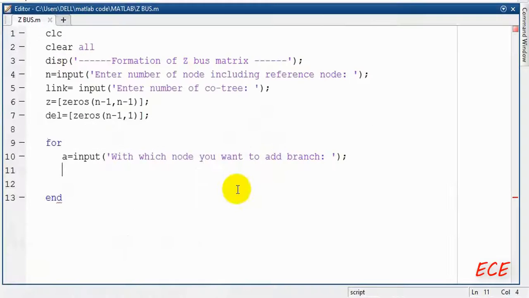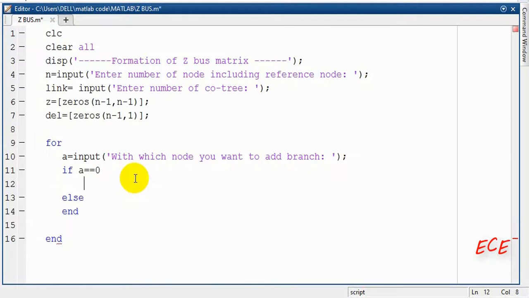So here after taking that input, there can be two conditions again. One is if a is equal to 0, that means we are connecting it with the reference node. Then we will take the input and put it inside Z of i,i. And that is because whenever we connect a node with the reference node, we need to put that value inside the matrix along the diagonal, and that is why we are doing this. If we want to connect 1 with the reference node, then Z11 will have the value, and if it is a 2 with the reference node, then Z22 will get the value